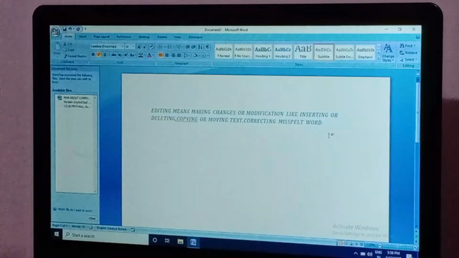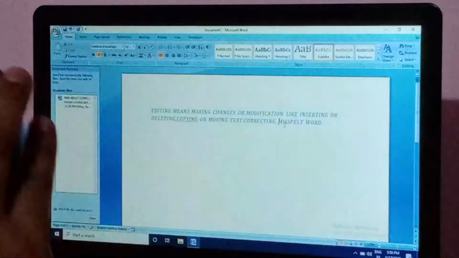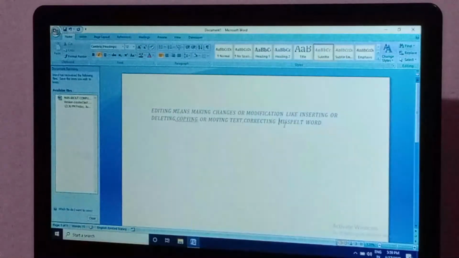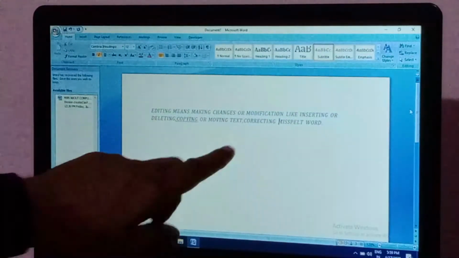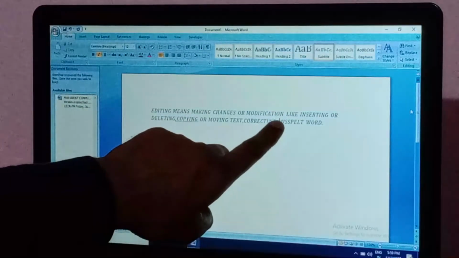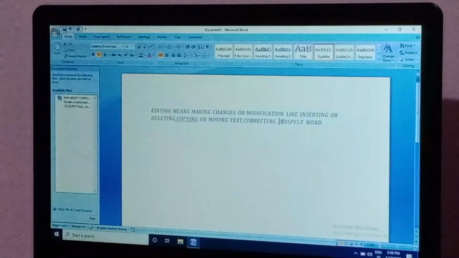First of all, your mouse cursor should arrive in the sentence which is to be selected. Suppose I select the misspelled word. Just click once with the mouse, and the blinking cursor is in front of the misspelled word.